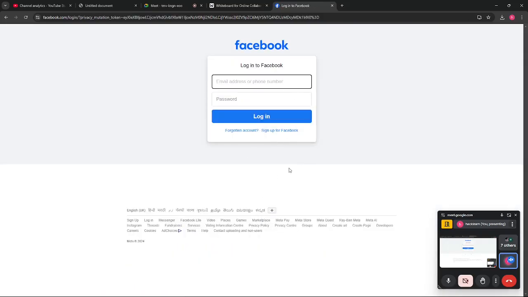So whenever there is a phishing attack, the attacker might create a page similar to this page, and that page will be fake. This is very simple to code using HTML and CSS. So they create a similar fake page, and whenever you put in your credentials, like your email, phone number and password, on that fake page, your email and password go directly to the attacker's side. So that's how phishing works.